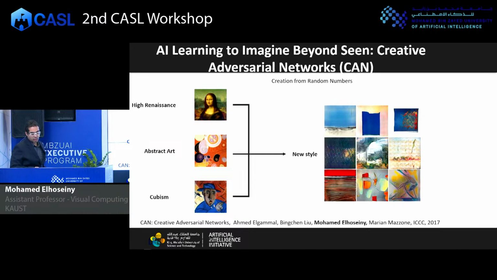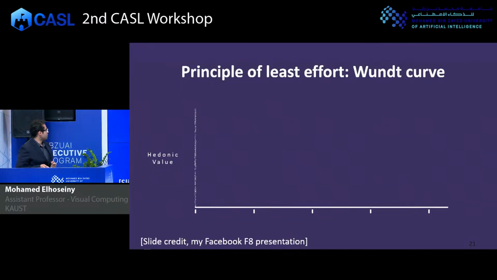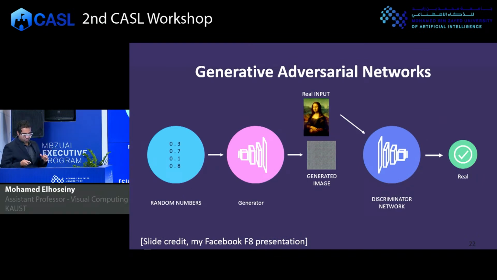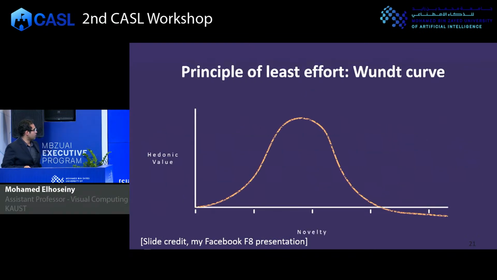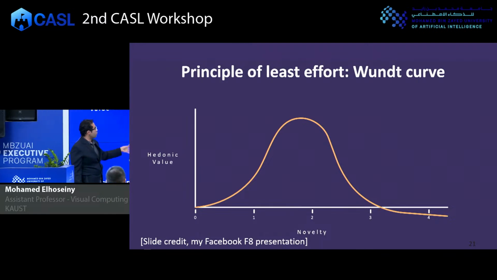It's a model we proposed in 2017 called Creative Adversarial Networks, and it tries to encourage GAN models to go beyond training styles, like seen art styles. The idea is inspired by this wundt curve of human creativity. This curve is proposed by Colin Martindale, a Canadian psychologist who tried to study human creativity. Here, the x-axis is novelty and the y-axis is likability. He's showing that if a human produces creative content, it may follow something like that.